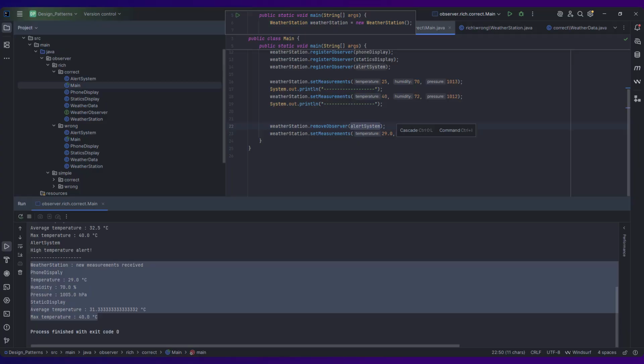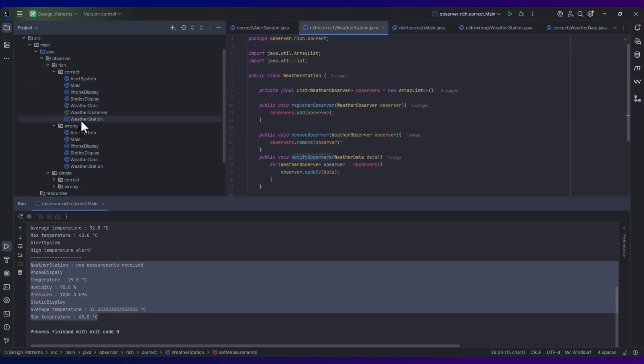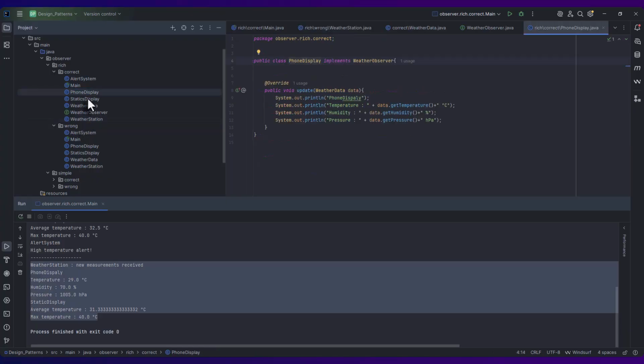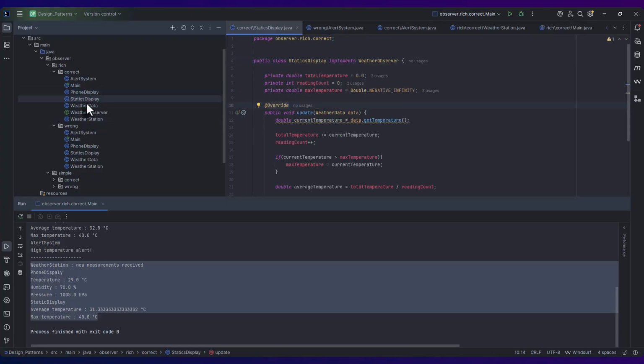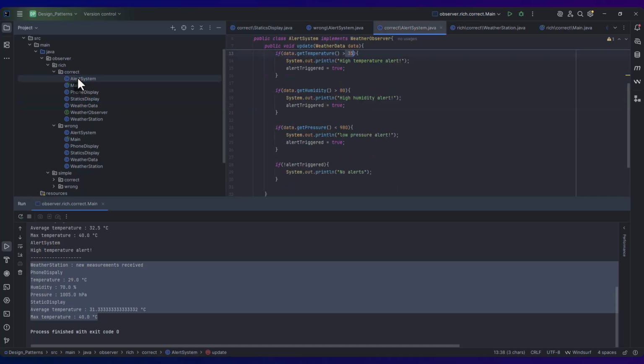So now let's understand what happens step by step. First, we create a weather station here. Then we create three observers, which are phone display, static display and alert system. Okay, then we register them in the subject, and when set measurement is called,